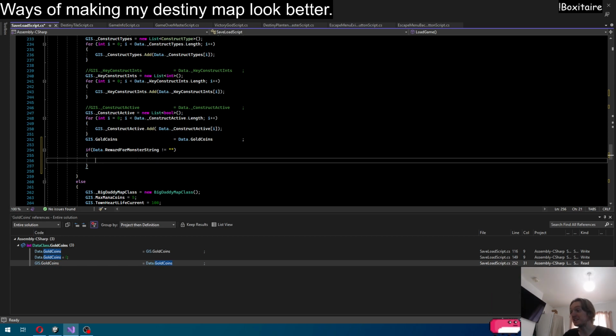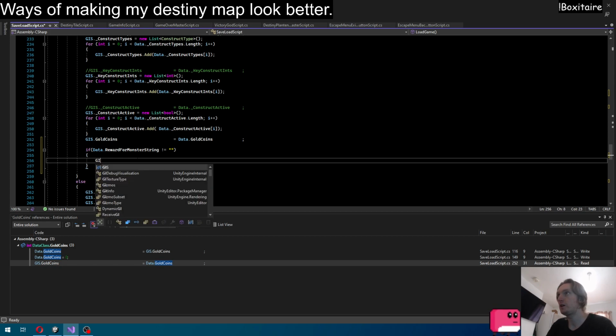Then yeah, all of this is to fix it so that specifically on a very, you know, that's one thing I've learned to get a bit better at, but I'm still not great at it, of thinking of all of the possible outcomes that can occur, and this is definitely one of them, where someone exits the game at a very, very specific moment, and I can still deal with it. So if data, so this is when loading, is not equal to null, then GIS dot